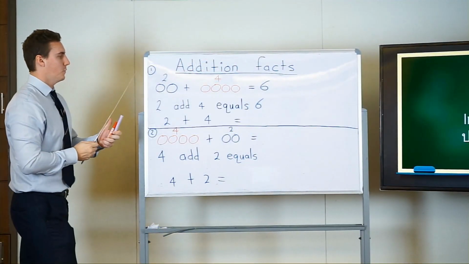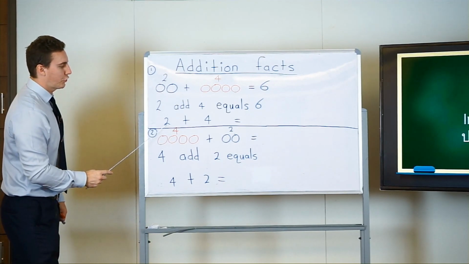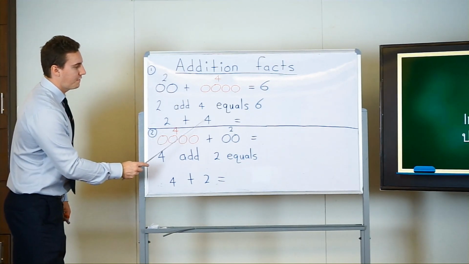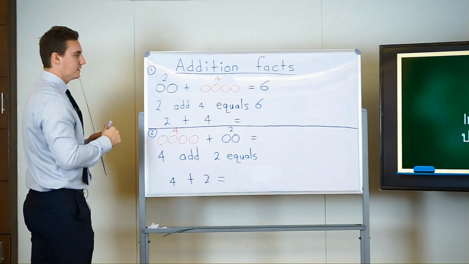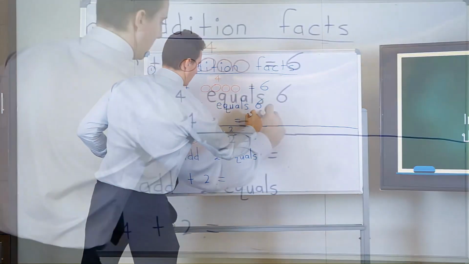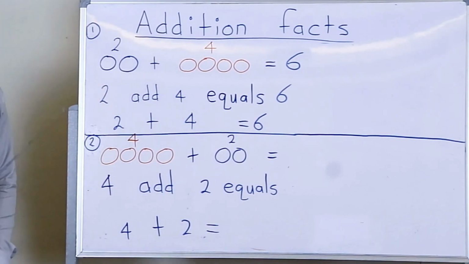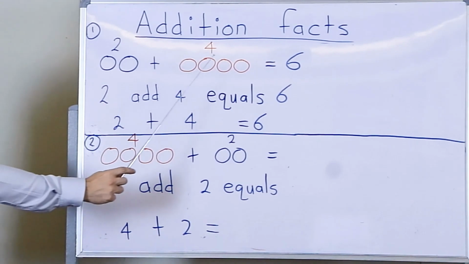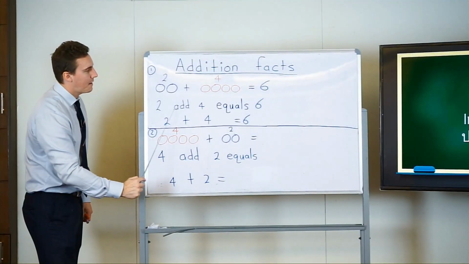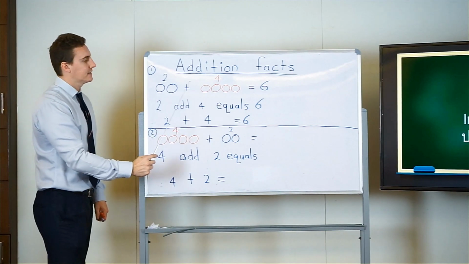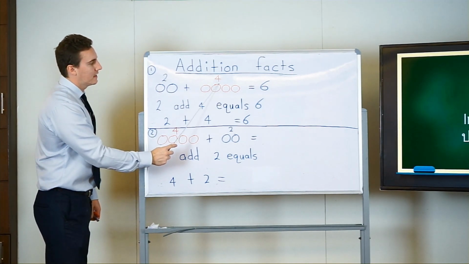And at the bottom we have nice and easy 2 plus 4 equals 6. Well done. Now, if we look at example number 2, it looks the same as number 1, except this is